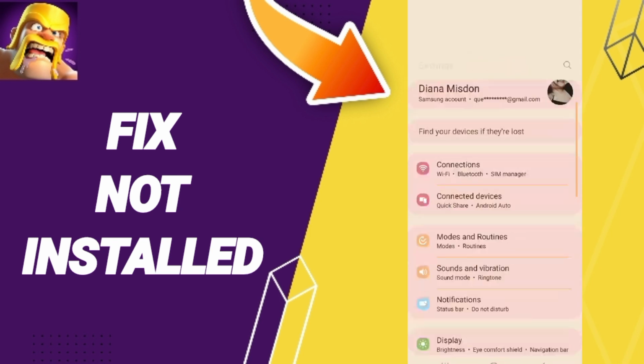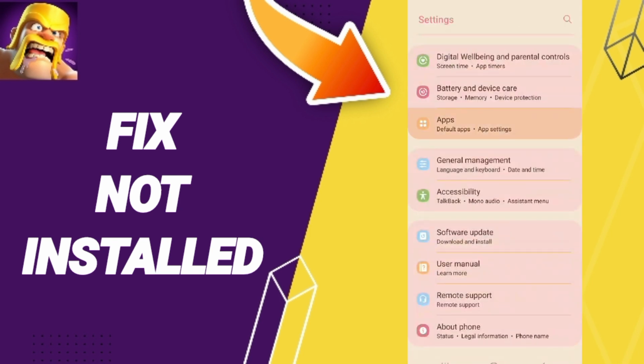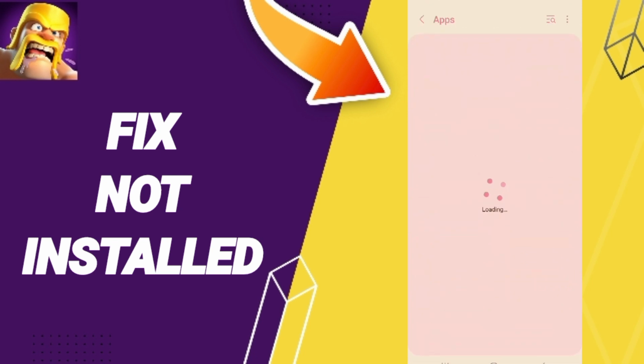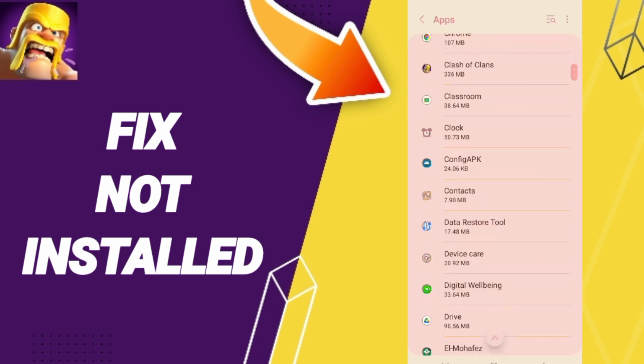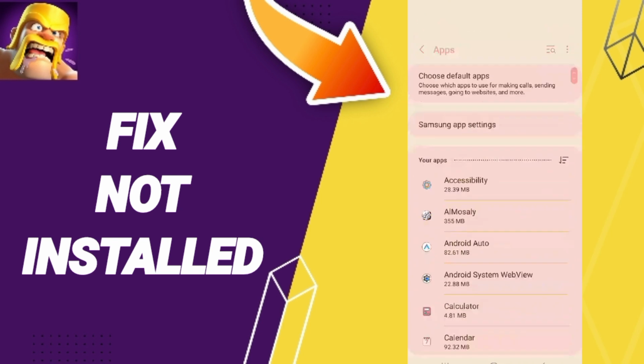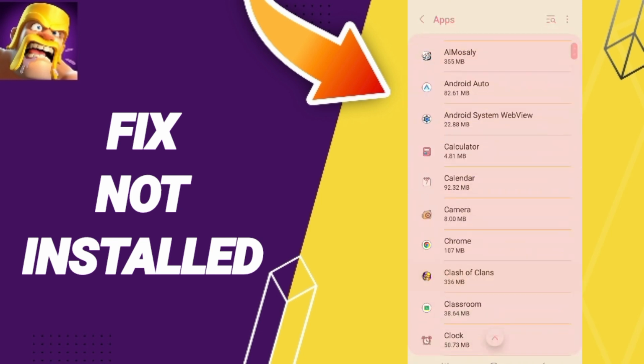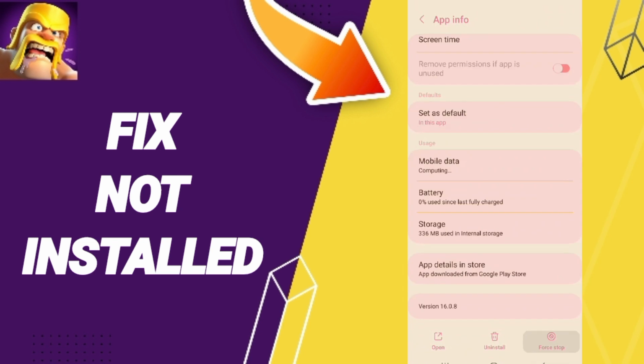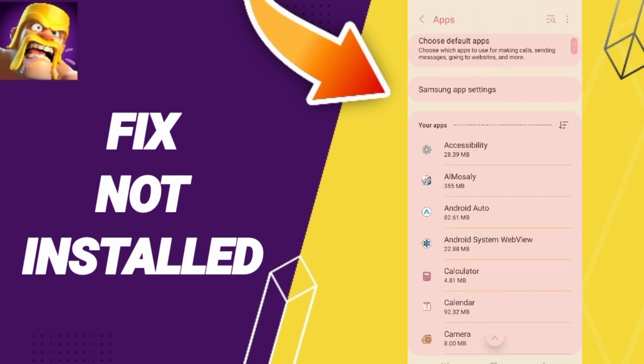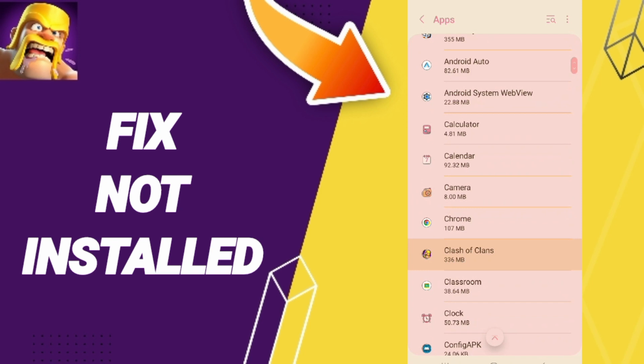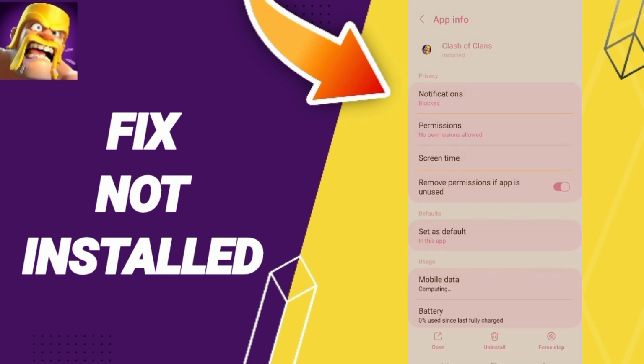Here in this page you will enter two apps, default apps, app settings. Then in this list of apps you will go to the app of Clash of Clans. After that you can click on force stop. You can go to Clash of Clans, then you can go to force stop, click OK, then you will